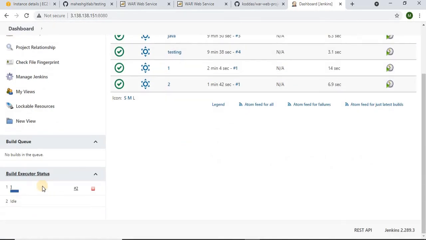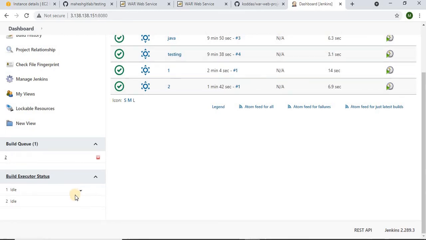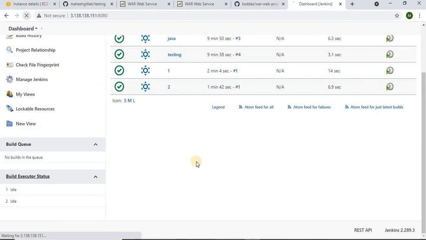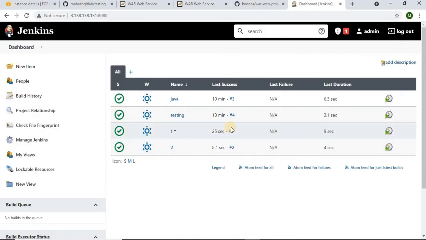The first job is running for the second time. The second is in queue. It should get executed ideally. Let us refresh. Yes, see, both the jobs succeeded. So job 1 ran two times and succeeded. There was no failure for both the jobs, right?